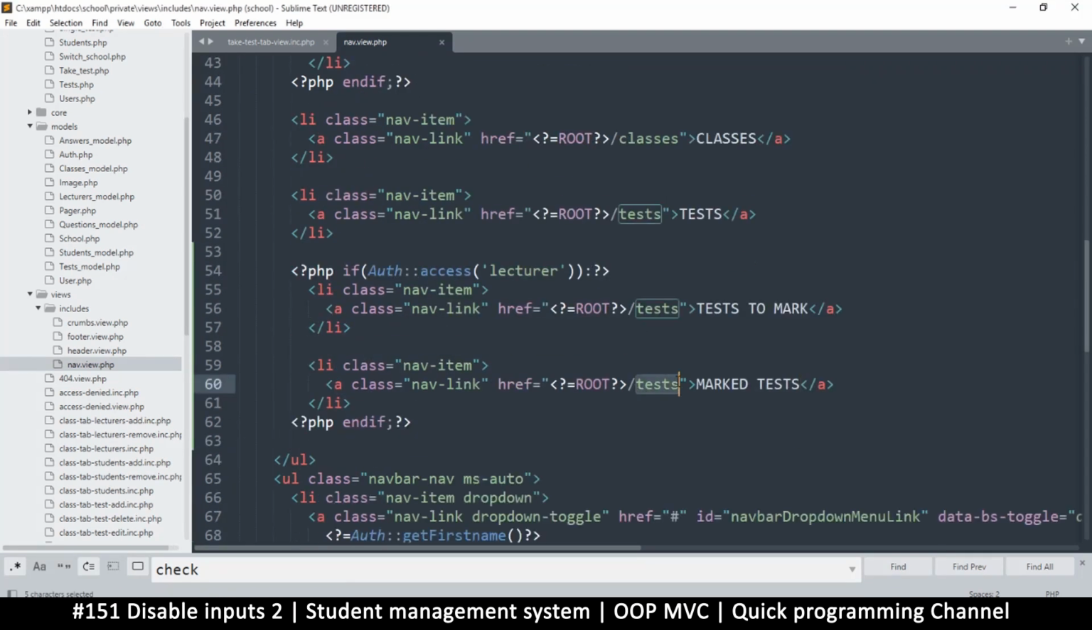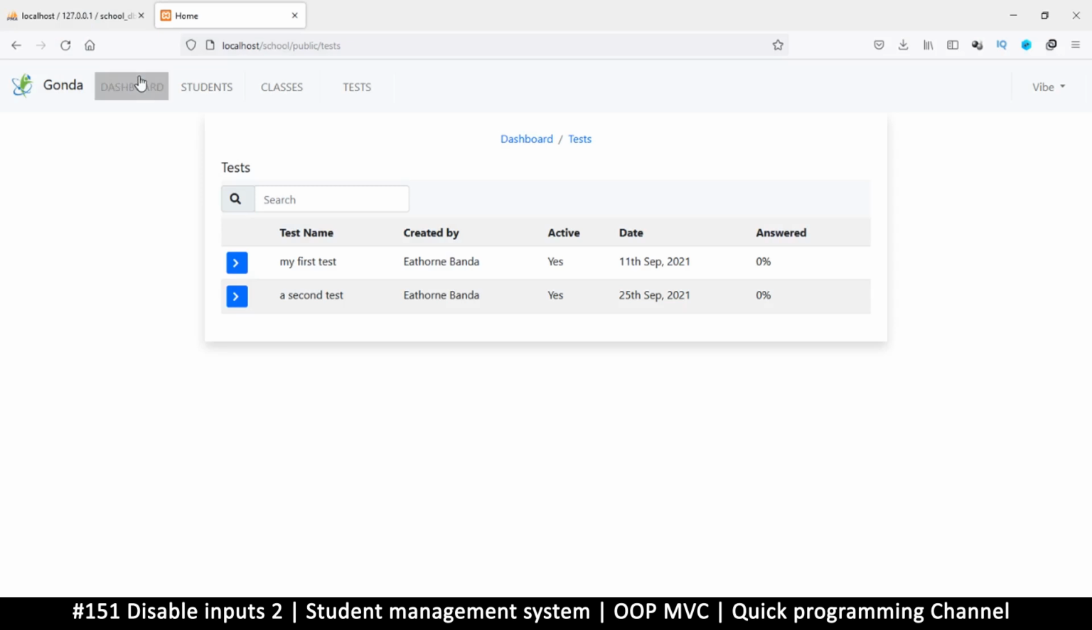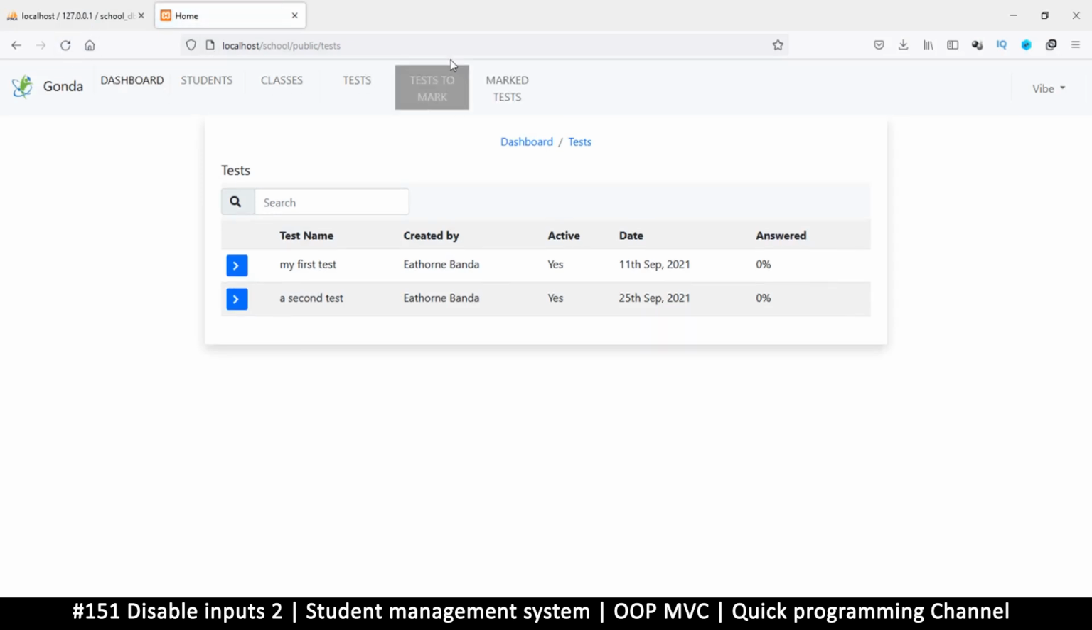So here I'm just going to put marked underscore tests, and here tests to mark, just to match what's here, underscore to underscore mark. Okay, so there we go. And now I can come back here and refresh, since I am a lecturer,